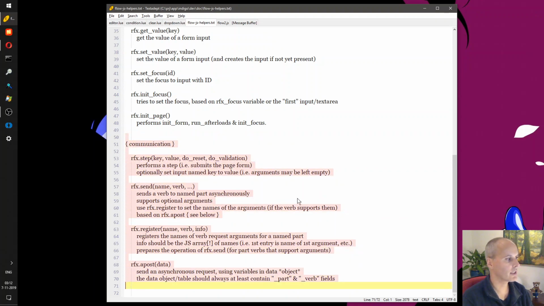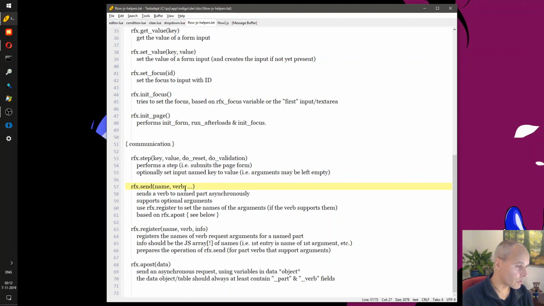How can you communicate? So here's the stepping function that does the synchronous form submit. Here's the send function that allows you to send a verb to a particular part with additional values. And if you want to use additional values, you need to call register to name the different parent, to say, okay, the first argument is called index, the second argument is called whatever. But there's also another